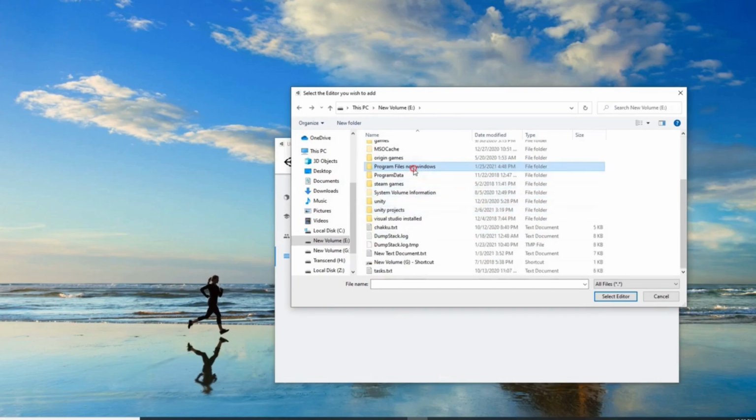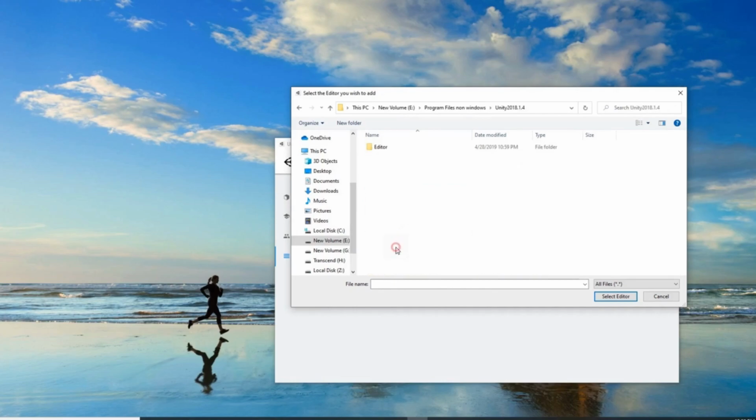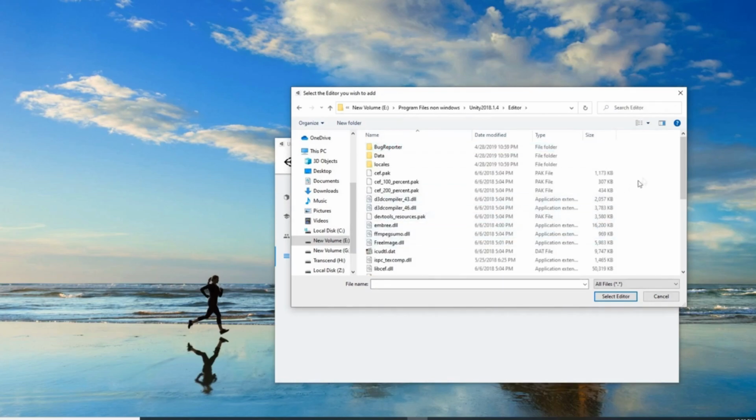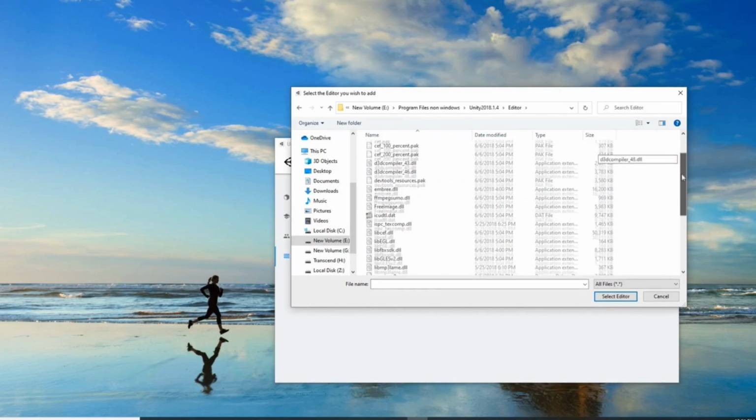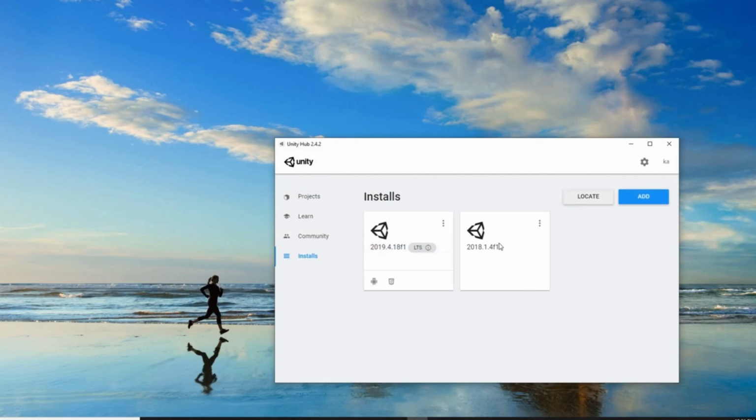So I need to locate the correct folder and let me add Unity 2018, and here you can see that this is the correct folder, and here you can see unity.exe. Click this unity.exe and now you can see that it has been added in the installations.